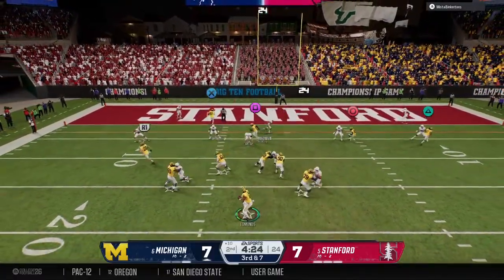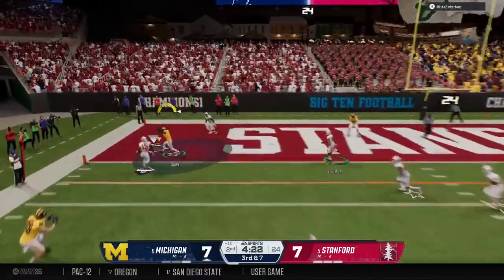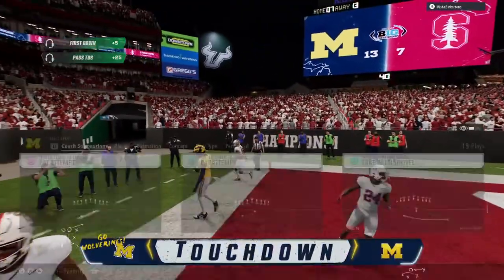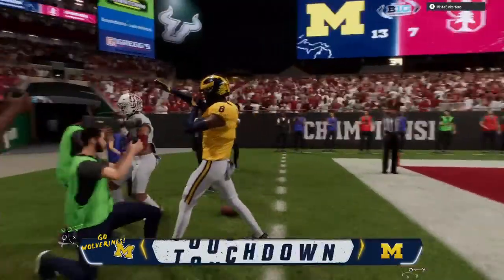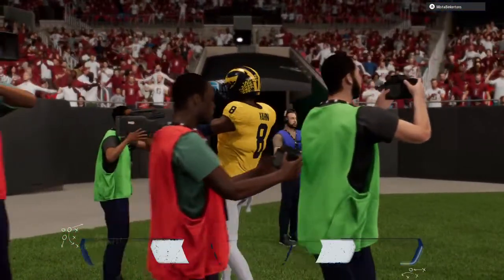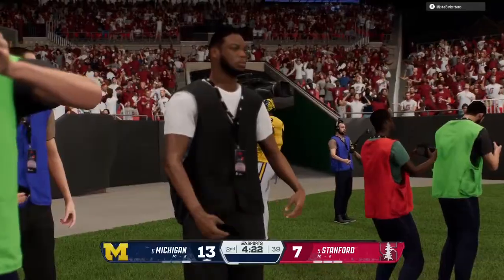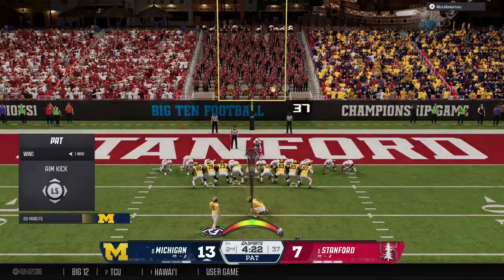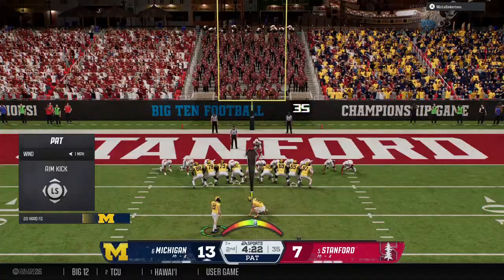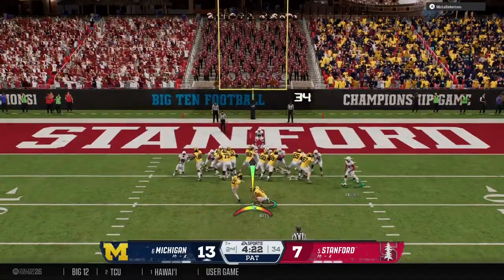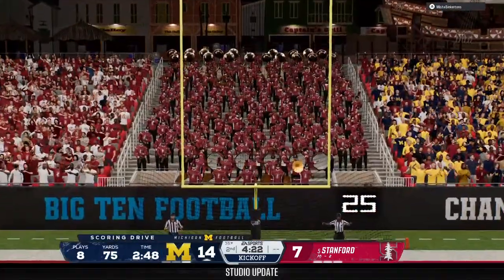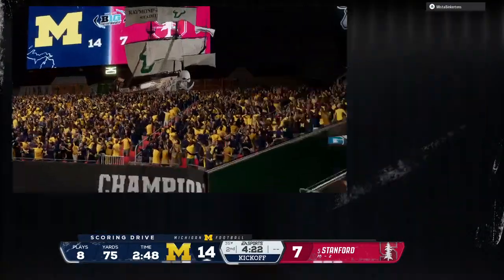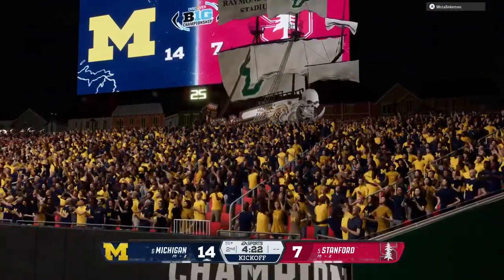On 3rd down, he drops to throw. Looking for 6. And it's caught. Touchdown, Michigan. Well, that's a thing of beauty right there. Good job all around. Offensive line gave the quarterback enough time. Quarterback puts it right on the money. And with this receiver running a route like this, makes it pretty simple. All you have to do is get his head turned around, catch that football. He's already in the end zone for the touchdown. The extra point makes the lead 14-7.